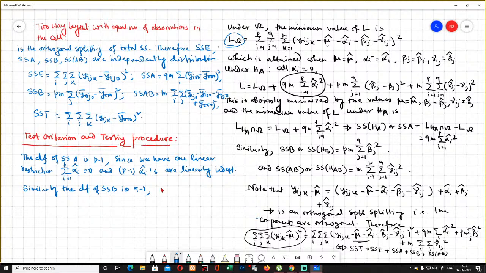and degrees of freedom of SSAB is PQ minus P minus 1 plus Q minus 1 plus 1, which after simplification we get P minus 1 into Q minus 1,